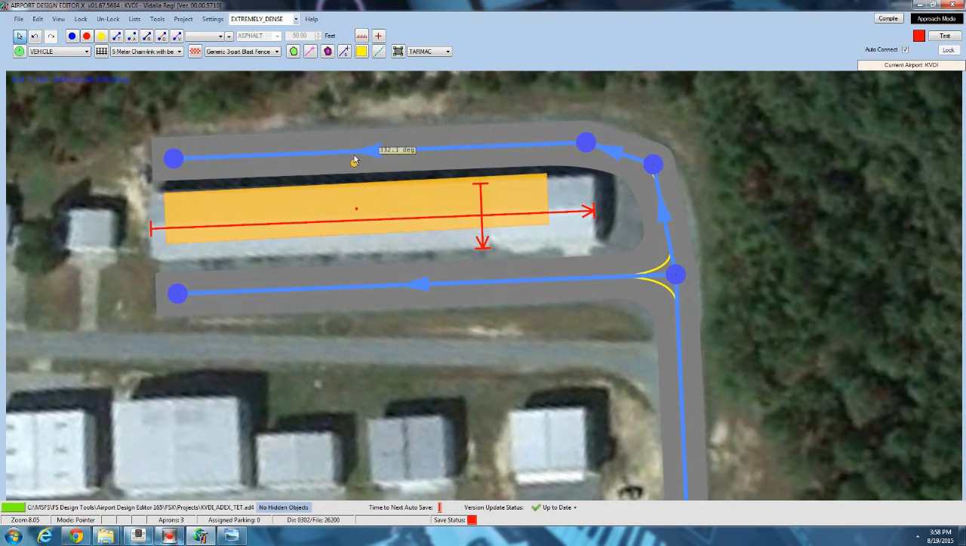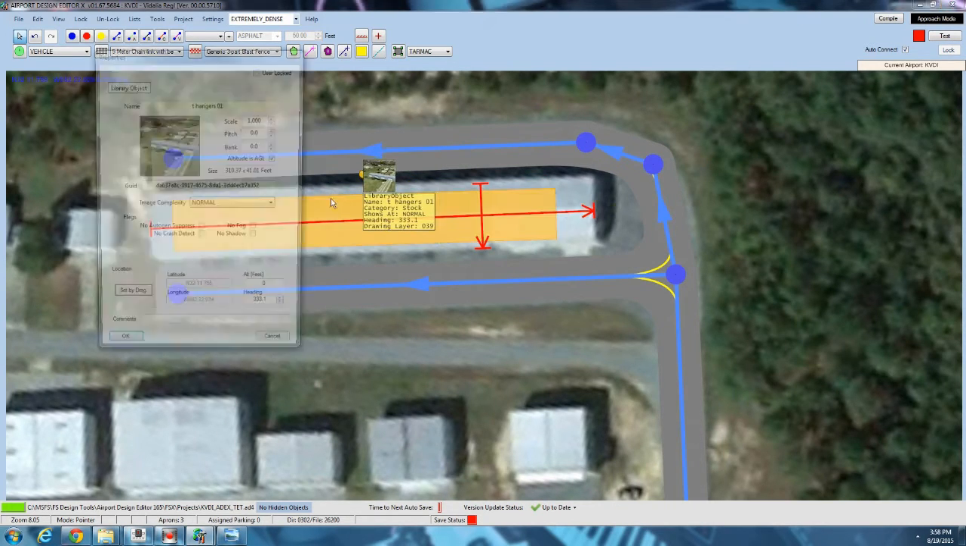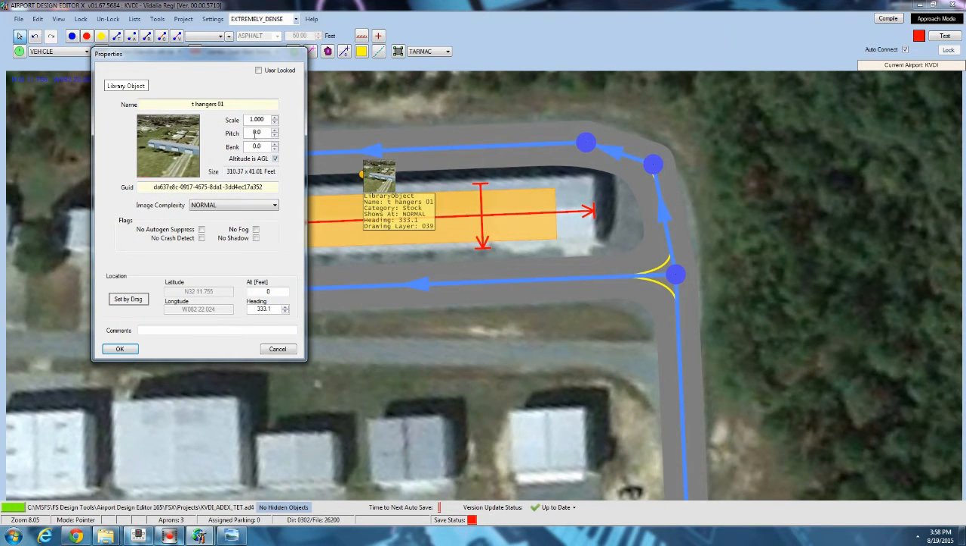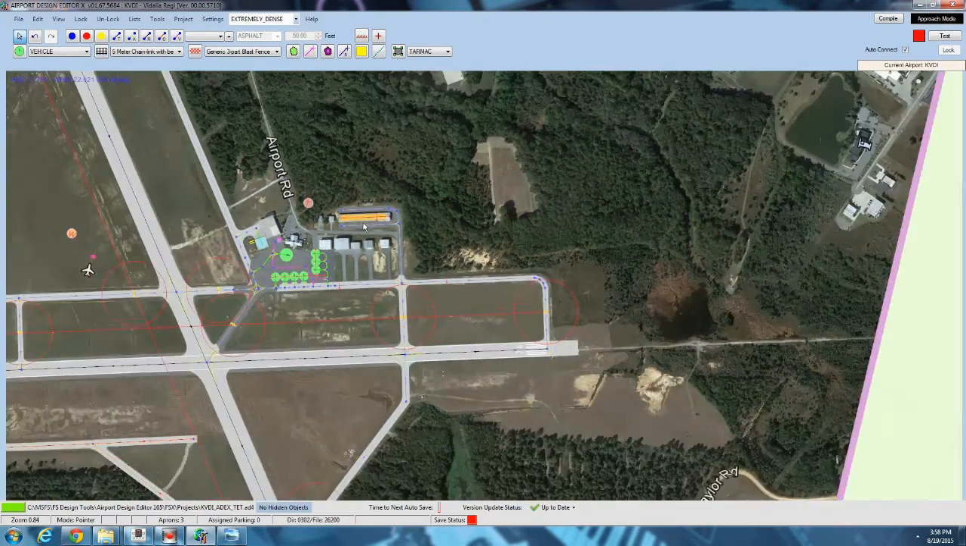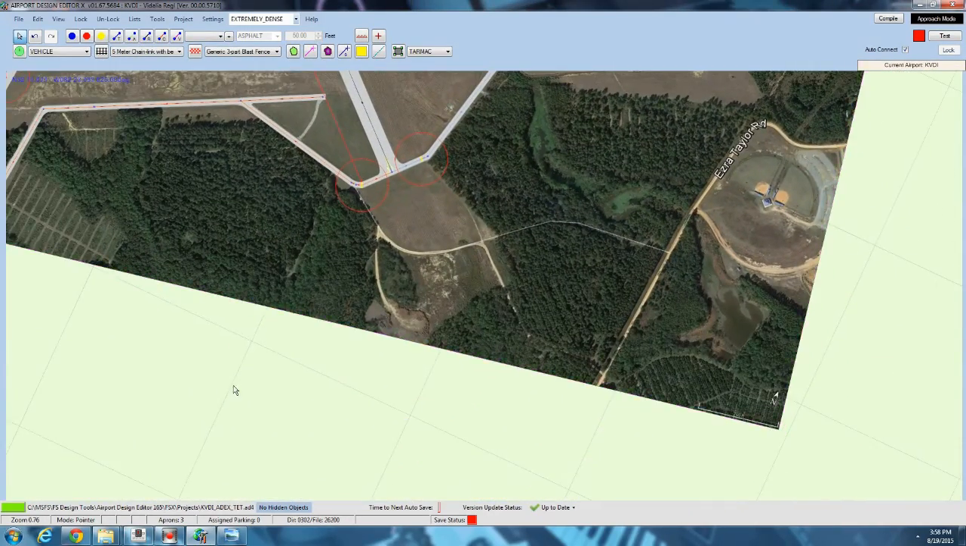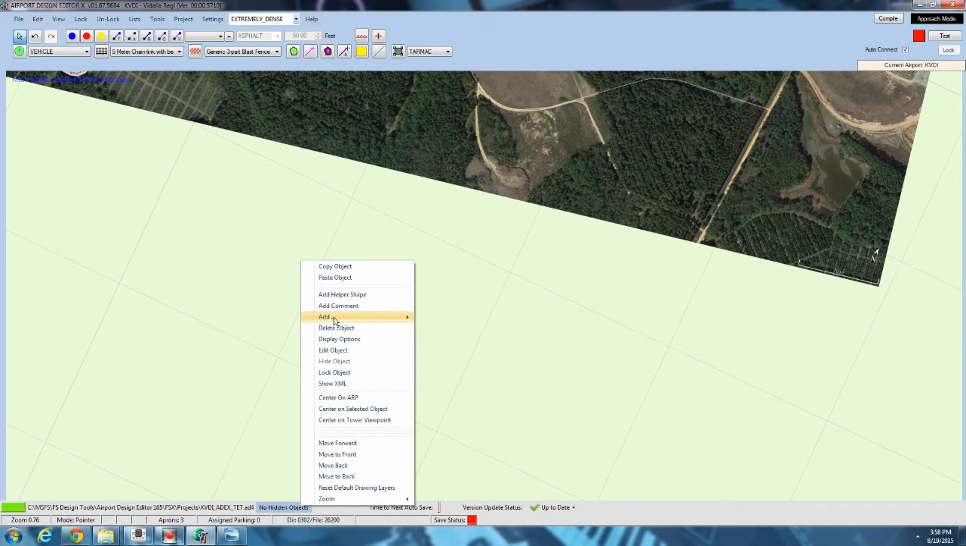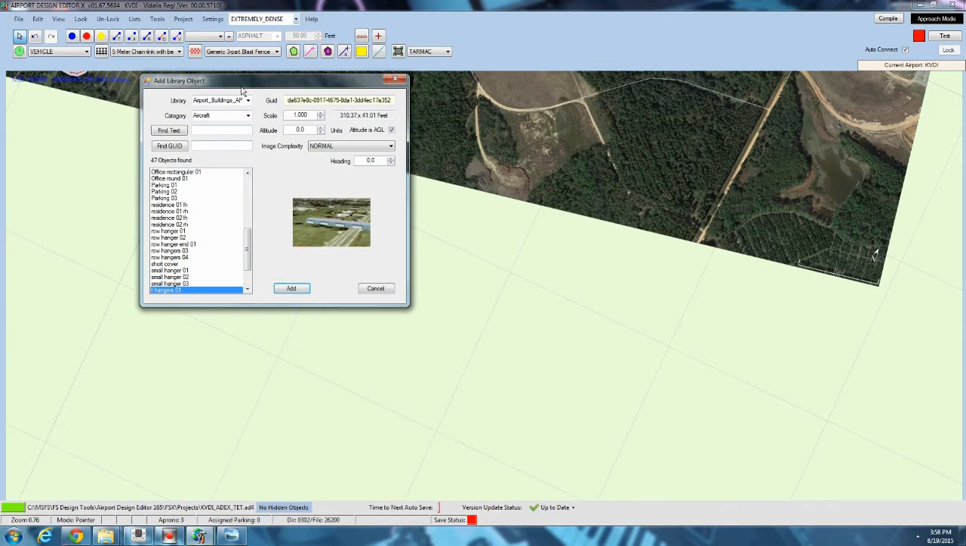So this is just a little bit small. Looks like it'll work nicely. So library objects can be scaled up. Now you also notice you can change their pitch, bank, and altitude. So if you wanted to put, say there was an ocean right down here and you wanted to put a ship sinking in it, you would place the ship, let's say